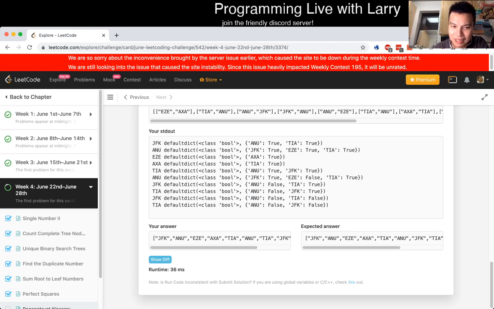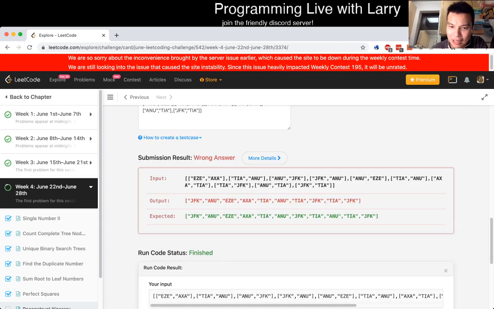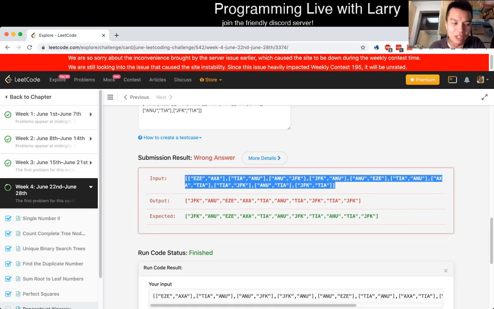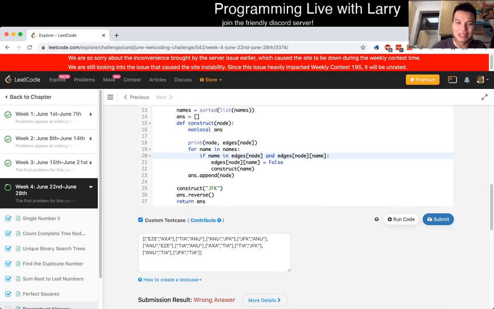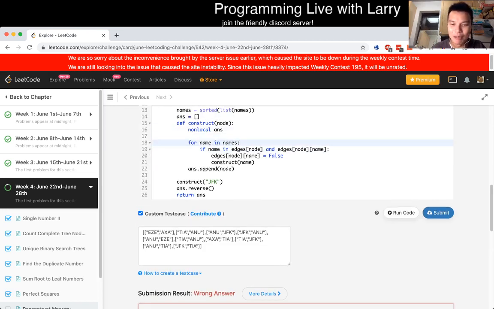So this is right. Then JFK, then tier. Wait, did I just miss it? So okay, if that is okay. Whew, I thought I was being silly. But this is an easy fix. It's just that the two edges from tier to a new. Okay. So my algorithm is still fine, it's just that I had a wrong assumption somewhere.